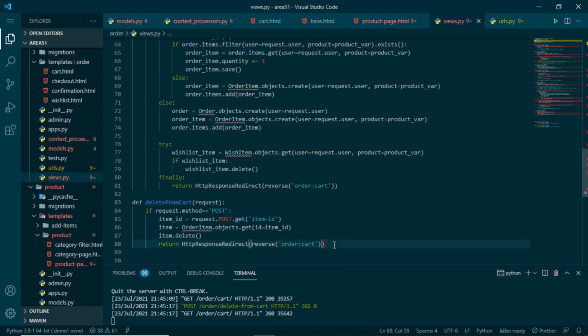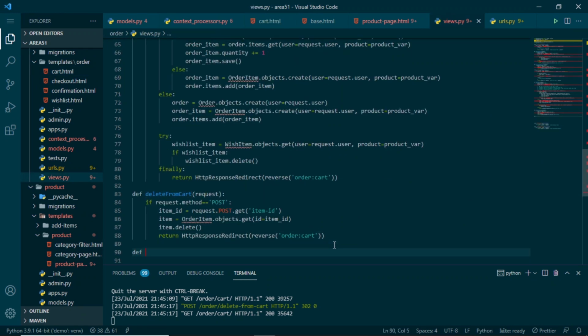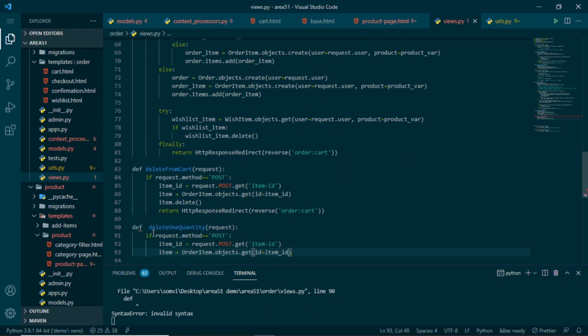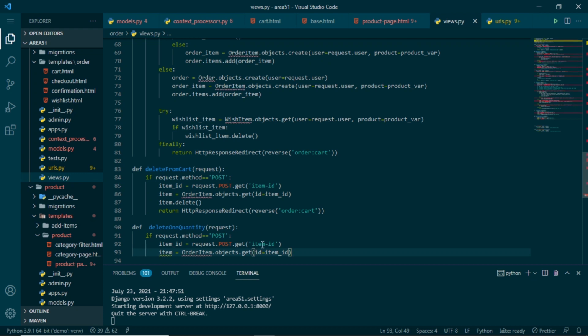Below this delete_from_cart, let me define one more function that will be delete_one_quantity. It will take request. Again the request method will be POST. I am getting the item ID, and again I am getting the object of OrderItem like this. Now when removing one quantity from the item, we need to see if it is only a single item. If it is a single item, we need to directly delete it, otherwise we will remove one quantity.